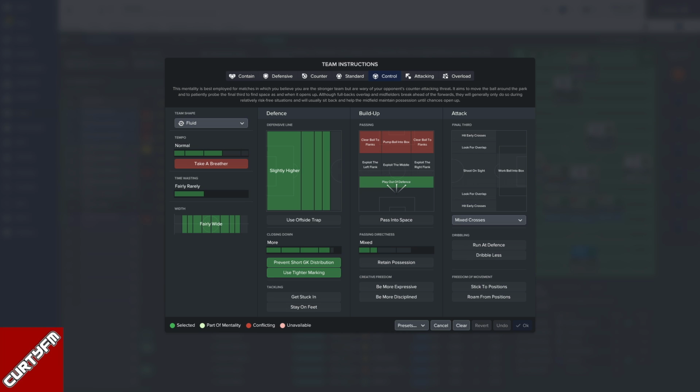We're playing fairly wide. We want to make use of our wing backs. We want them to stay wide. As we discussed, they are a key element to this tactic. Our defensive line, we're pushing slightly higher. We're closing down more. We're preventing short goalkeeper distribution. We're using tighter marking. That all just ties in with the high counter-pressing system that we want to try and